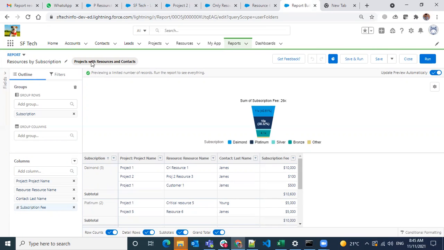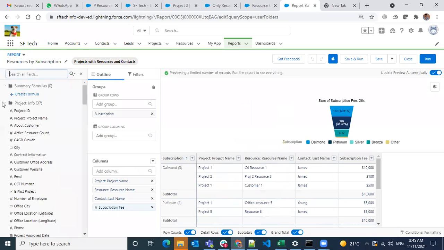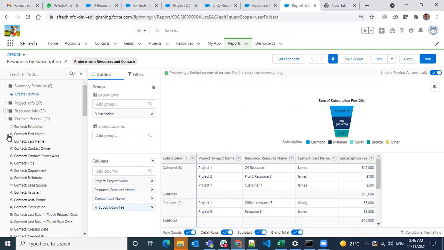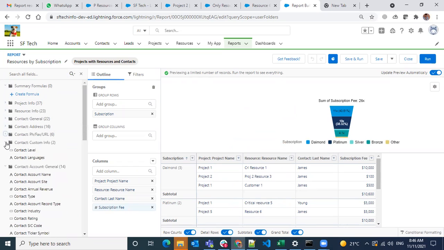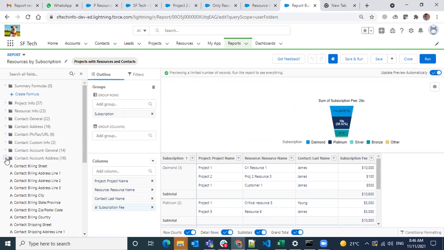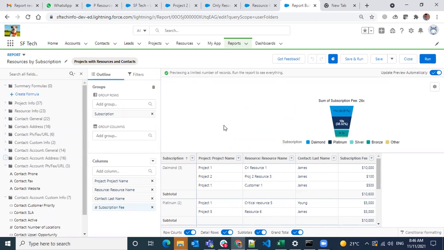So here we need to understand which contact field it is referring to. We have two contact fields right here. One is with customer and one is with resource and contact. We need to see how this contact is being brought in. Then only we understand what data it's going to display here.